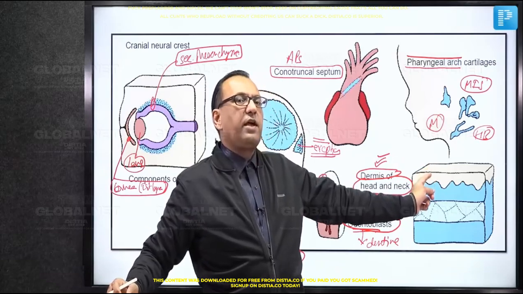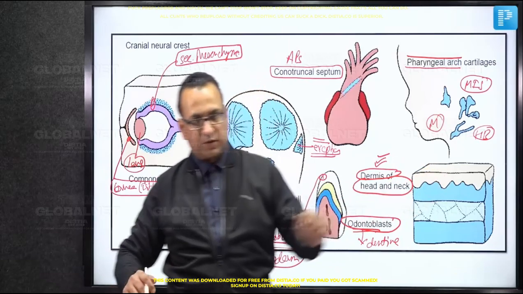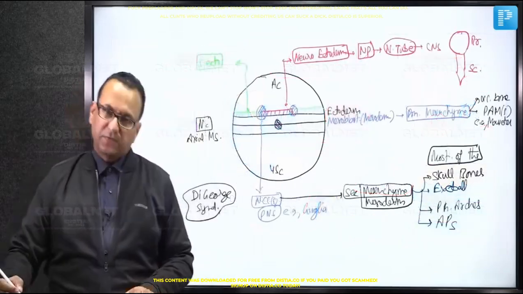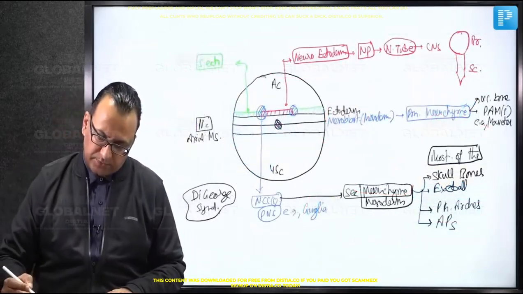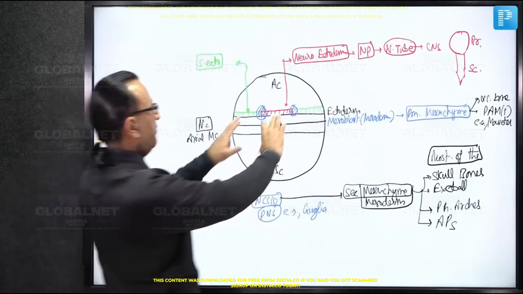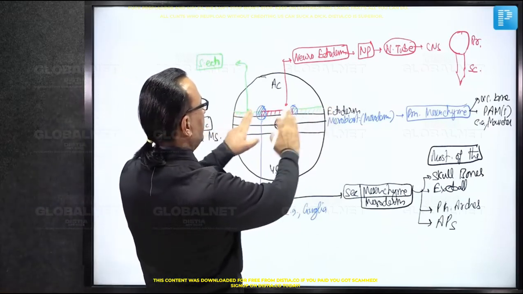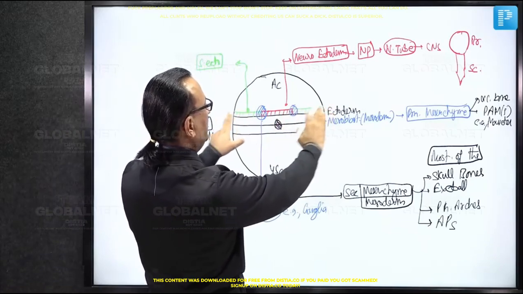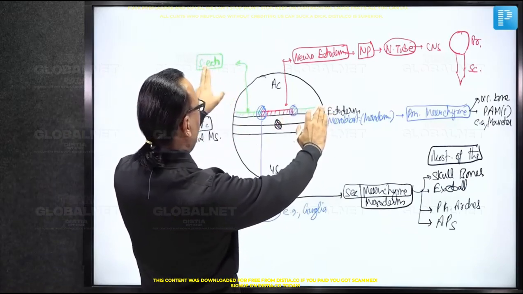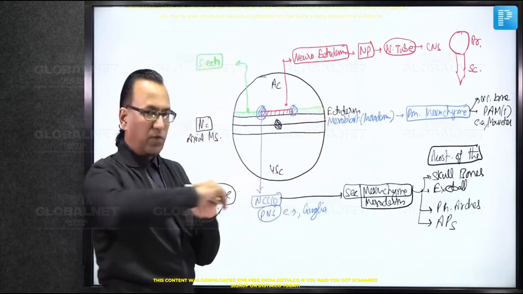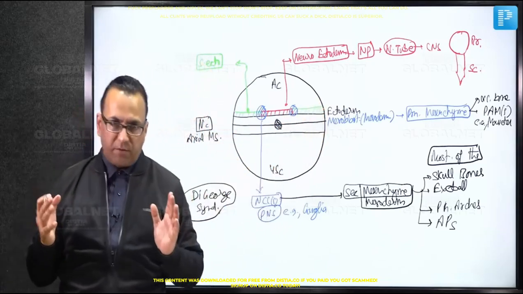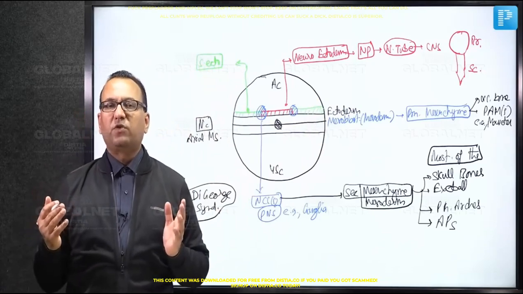Let us enumerate them in our diagram now. The derivatives of surface ectoderm. And as we come back to this diagram, we have mentioned that the ectoderm, which is at the periphery, maybe right side or left side, is the surface ectoderm. And we want to see what are the derivatives of this surface ectoderm. There's a rule which we have to follow. Any external opening in our body is lined by surface ectoderm. Like the